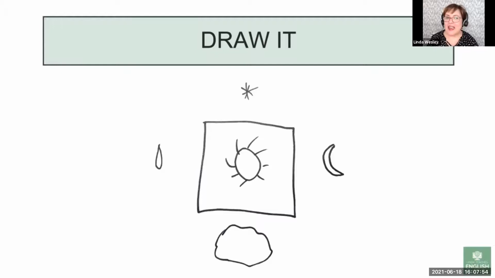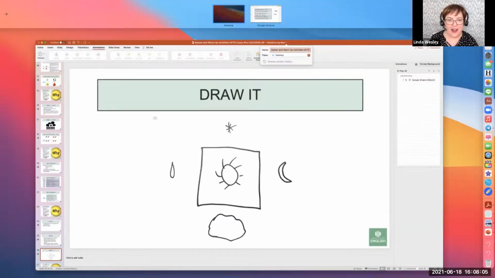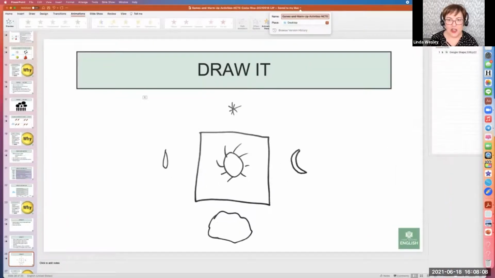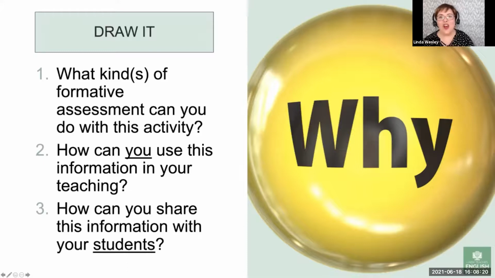All right. And again, we're not asking anybody to be artistic. These are basic things that you can draw. And very quickly, let's see. How about, can we show? Well, we'll wait to the question and answer, and everybody can show their picture. Let's make sure that we get through these. But you can predict what I'm going to ask next. What kind of formative assessment can you do with this activity? In the chat, can you share some of the formative things?